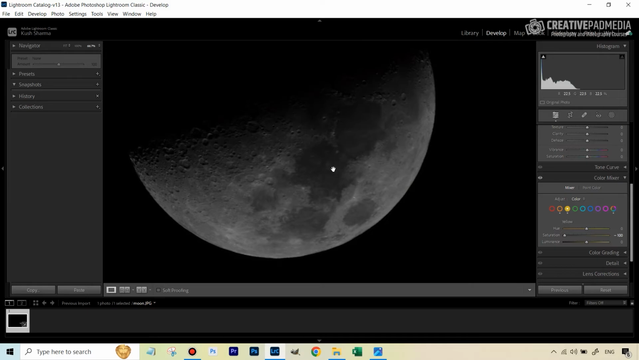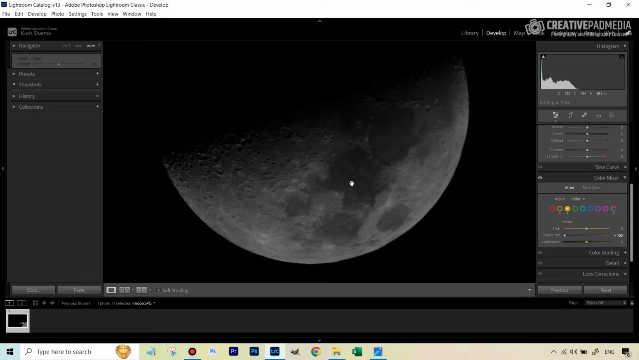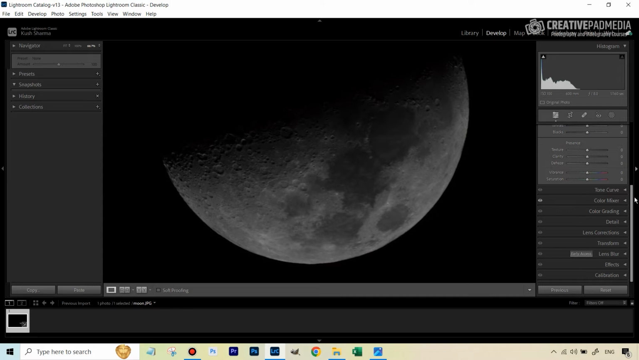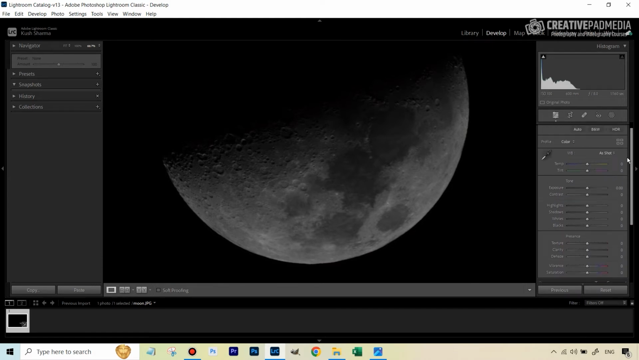And now we know that none of this has any of the bad colors here, and you can start to see that we are getting the nice colors of the moon back. So we are done with the color mixer. Now is the time I like to go towards the tone part. So right now it looks a bit underexposed, and how I like to correct the exposure is I usually avoid